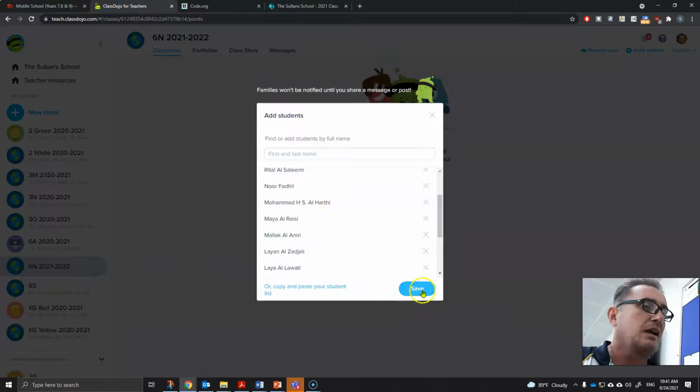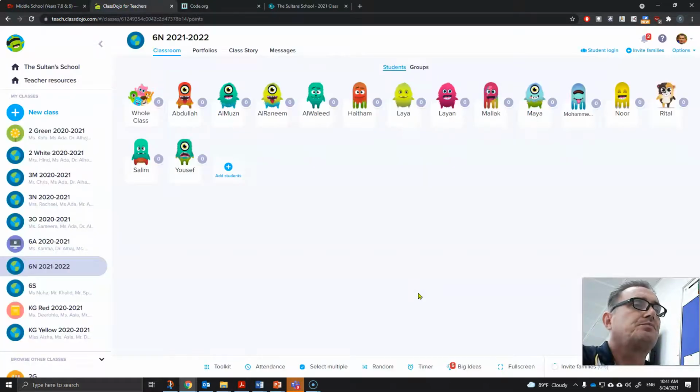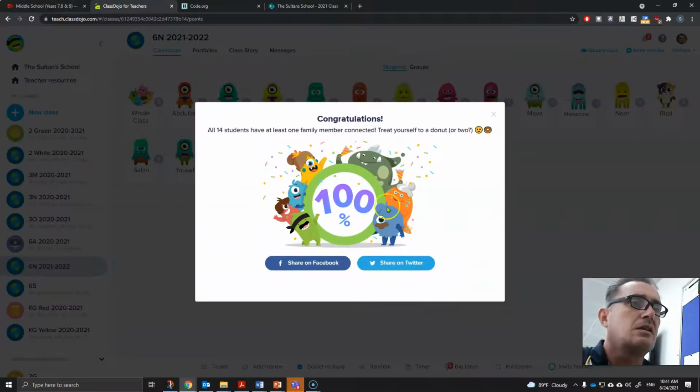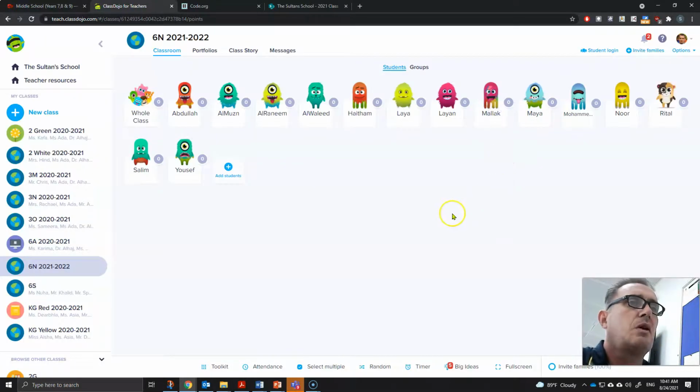So all I'm going to do there is I'm going to click Save, and now we can see that the class is created. Now, if these are existing students, they should already have family connections. So that's something that you don't need to worry about just now. As we can see, each one of the kids is here, and you can start awarding them points as you wish. Okay, I will add the new student that is